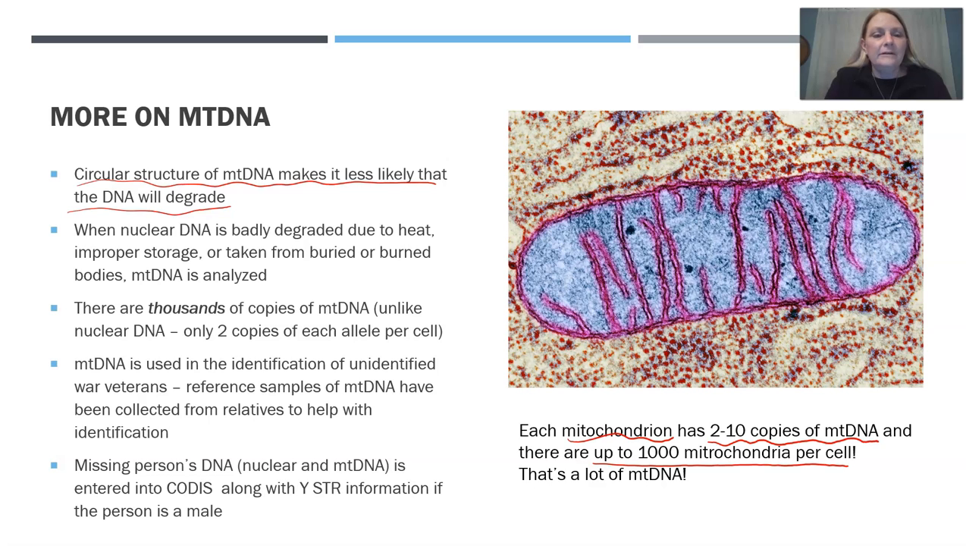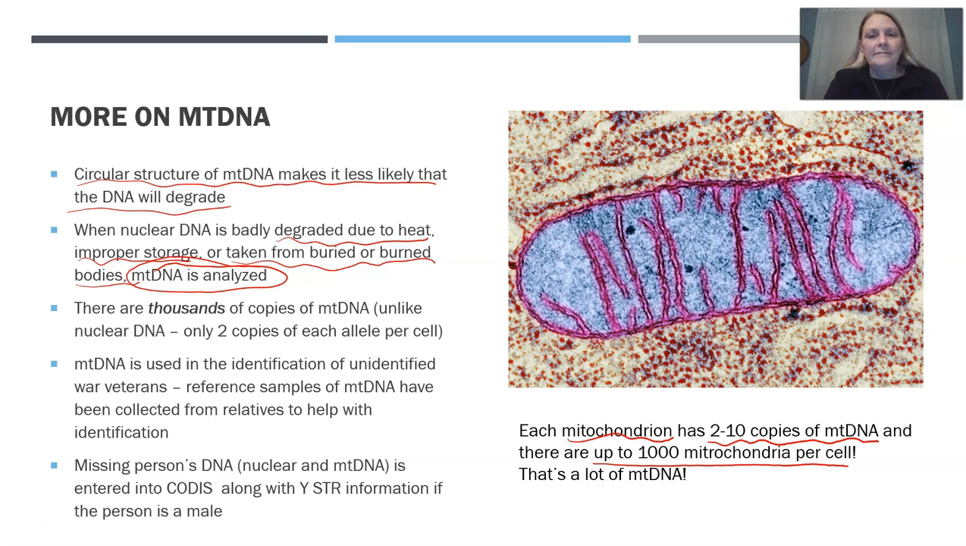And nuclear DNA, though, we know is subject to degrading because of heat, improper storage, or if it's taken from burned or buried bodies. Often, if that nuclear DNA is degraded, then scientists will consider the mitochondrial DNA instead, because your cells have thousands of copies of that. And so we can use this to identify